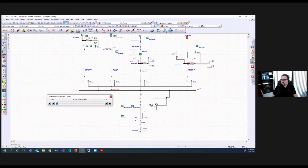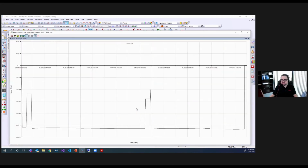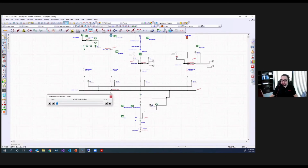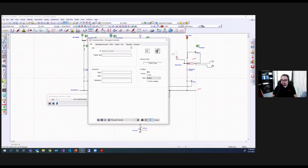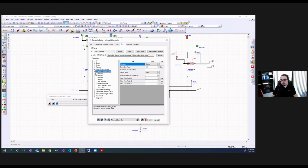Let me show you the reactive power of the utility, because I want to show you the reactive power function as well. So this is the reactive power exchange at the point of interconnection with the utility. Let me show you the settings for this case, and then we can see the results. For reactive power,